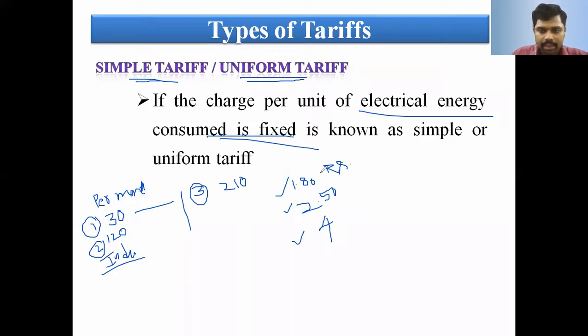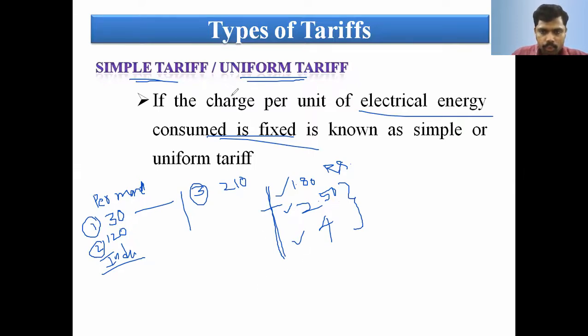Here the drawback is, for all the consumers we are charging the same cost, meaning the low power utilization consumer, that is the domestic consumer, is treated unfairly. But the industrial consumers benefit, that is the large utilization consumers are benefited. If they utilize 200 units per month or 300 units per month, they are paying less amount, they are benefited. But here the drawback is for the electricity board.